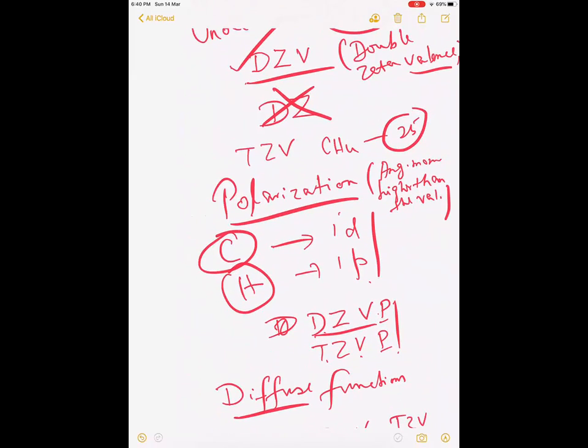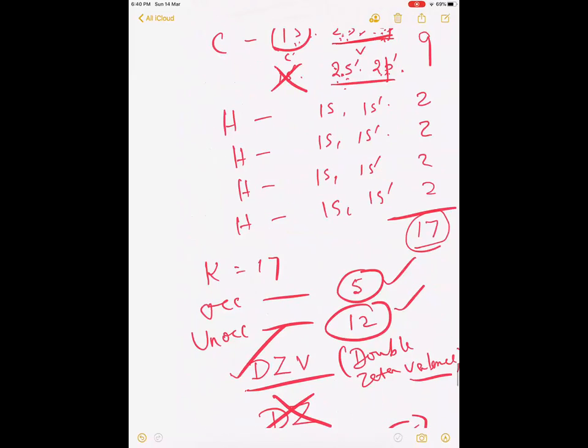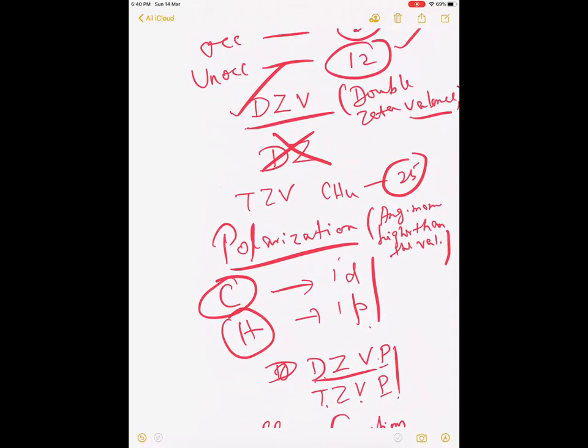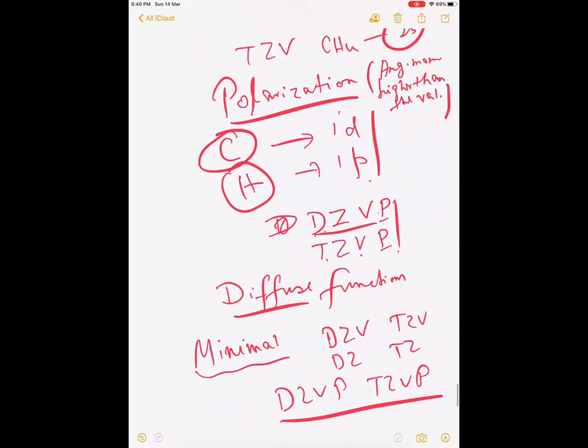Similarly, we can do triple zeta valence, which would mean there will be another set of valence orbitals in both hydrogen and carbon, and the number turns out to be 25 for the methane. Of course, you have to do the calculations for every different